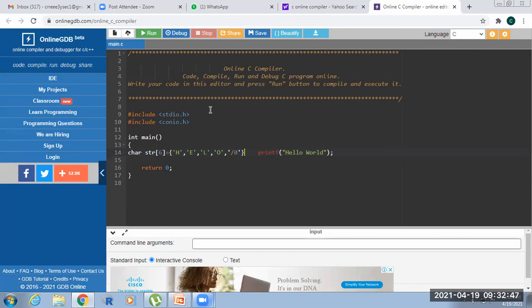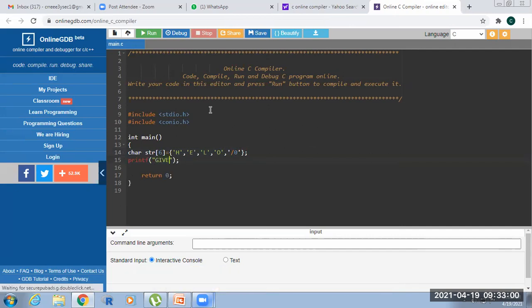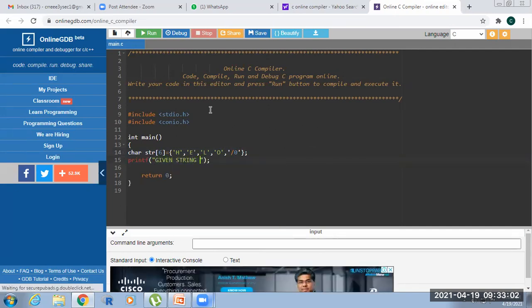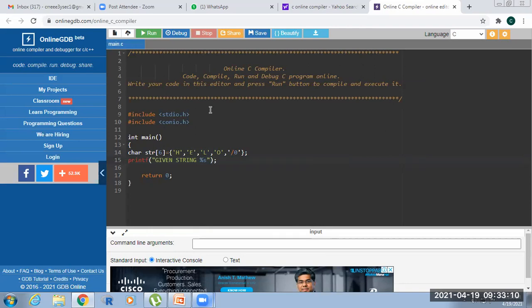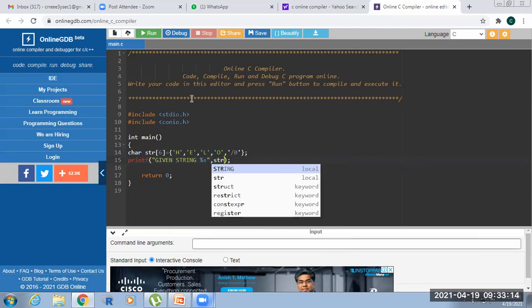So if you want to print the string, just print the given string. Already in the access specifier, the string is percentage s, comma str.